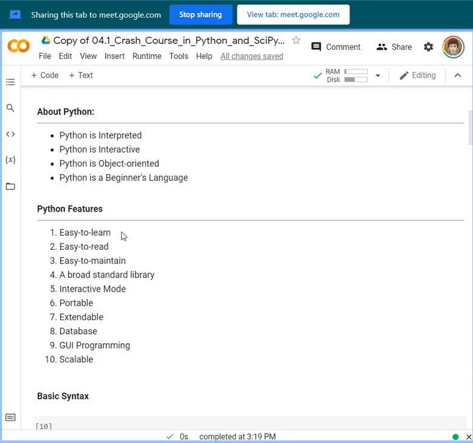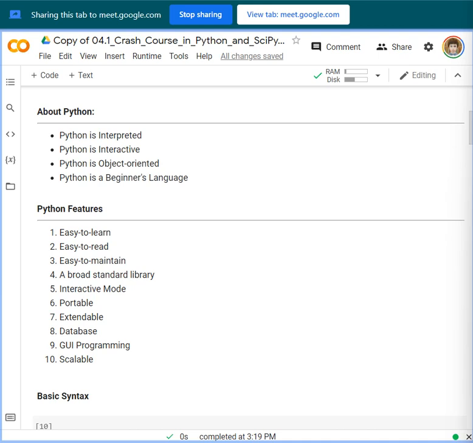Okay, so these are the features we can find in Python. First, it is easy to learn. It is easy to read, easy to maintain, and it has a broad standard library.